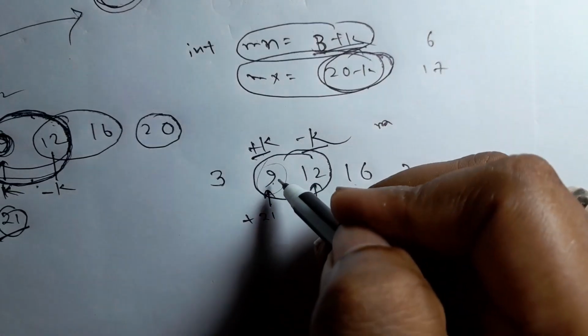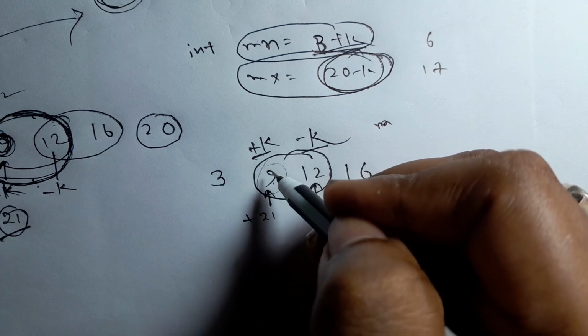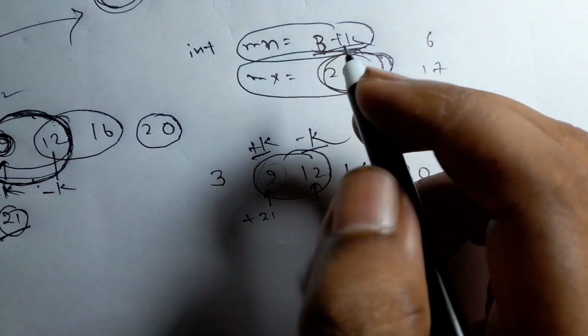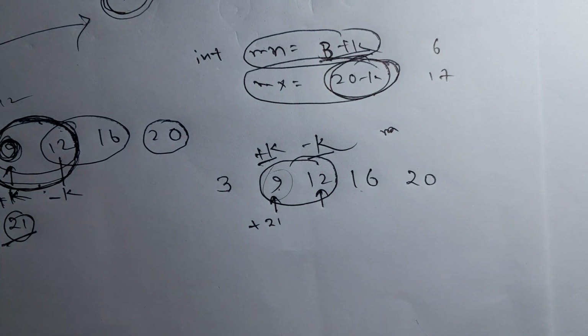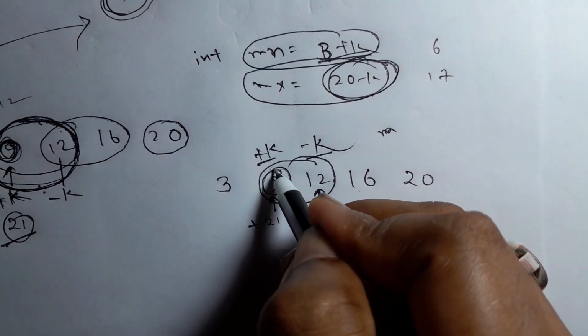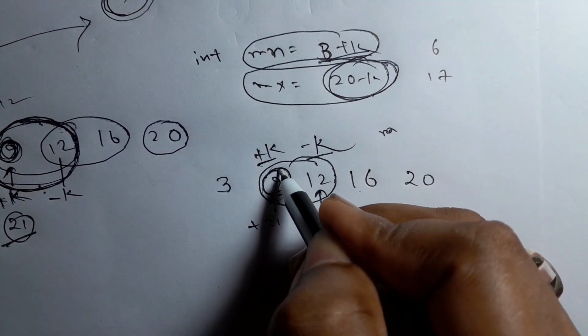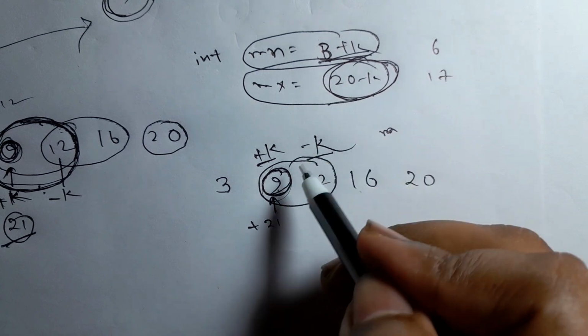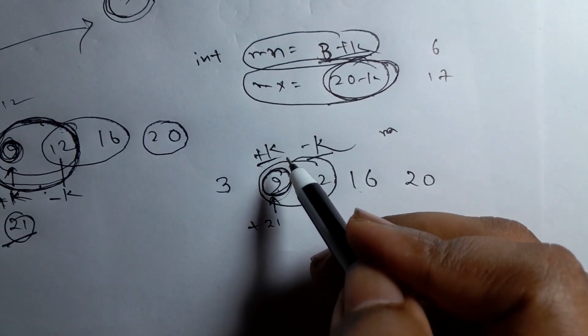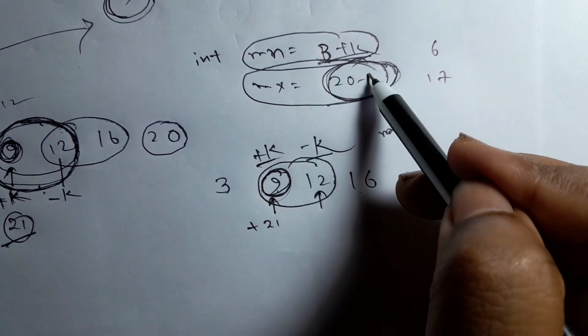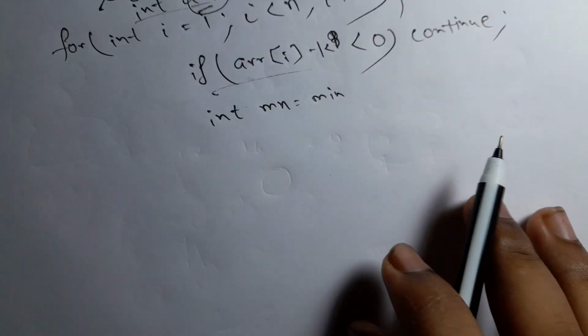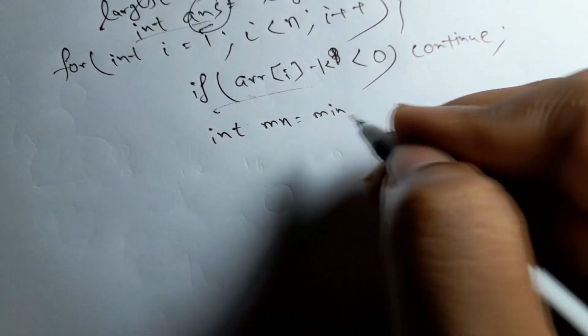So we have to check when we are going to plus k with any element, then the element should not be bigger than the maximum element, or if it is bigger than the maximum element, then we have to consider our maximum element as that element. Hope it is clear. So if we plus k with any element, then we have to keep track which is the max element. We have to check that the plus k does not change my max element. Okay, so we have to